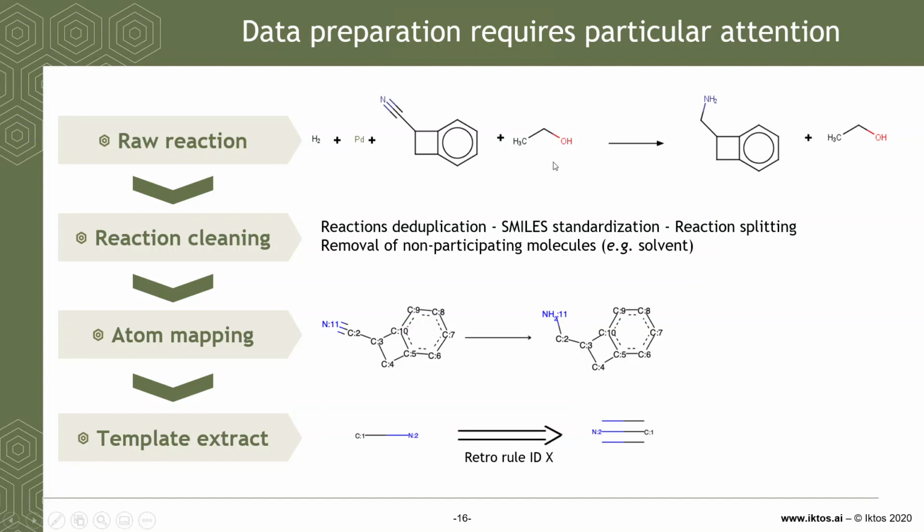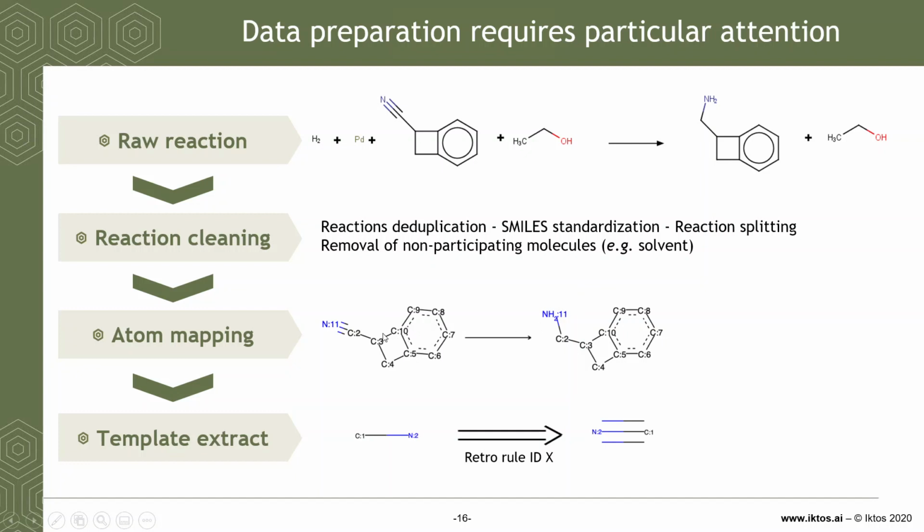So first you have to clean this reaction, remove some solvents, remove some spectator reagents, intermediates, etc. So you perform this reaction cleaning, and you end up with the reactants and the products, and once you know the reaction is clean, you perform what is called atom mapping. Atom mapping is a way to identify an atom on the reactants and the same atom on the products, so that you are able to see which has been removed or added during